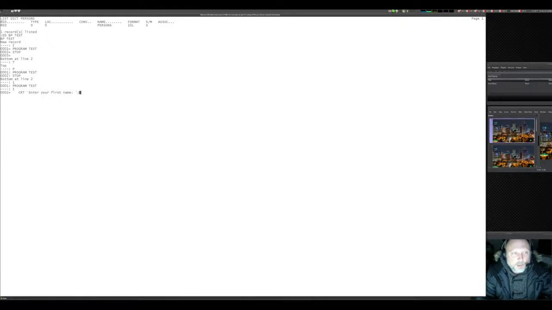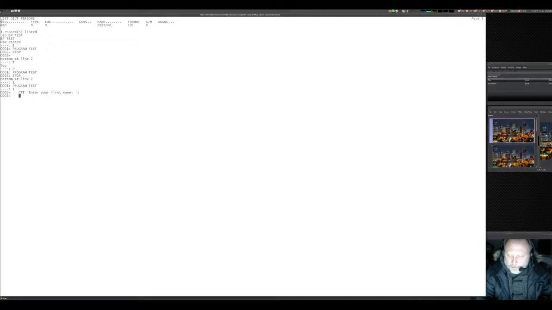So we add the colon, and that tells the program, whether you're using compiled code or a runtime module, do not terminate this string with a carriage return line feed. So it'll leave the cursor flashing right there. Then we hit enter,